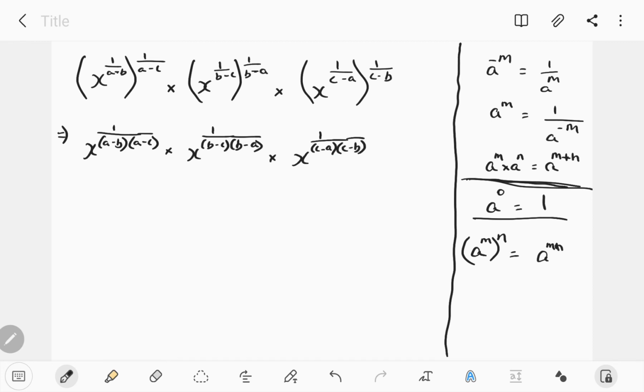Okay, this is what we have as an expression. Now we can apply this property, a power m into a power n equal to a power m plus n. Applying that property, since the bases are all x, I'll keep x as it is. I just have to add up the powers. Okay, 1 by a minus b into a minus c,